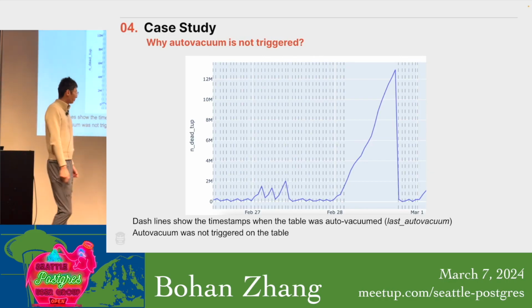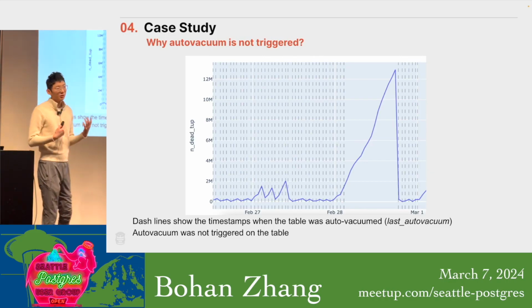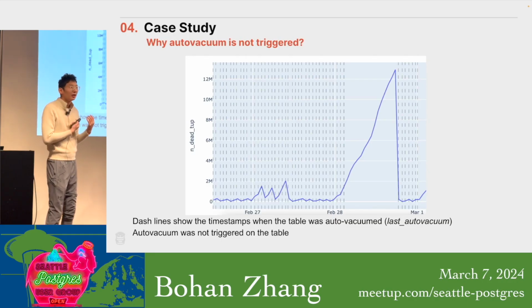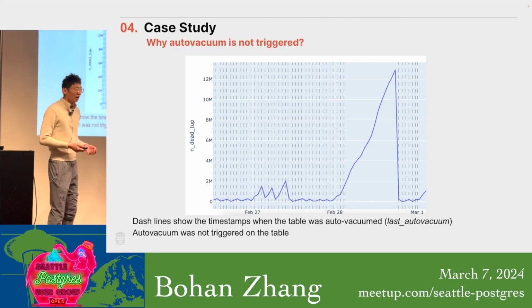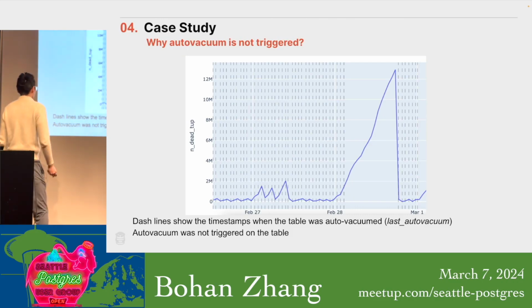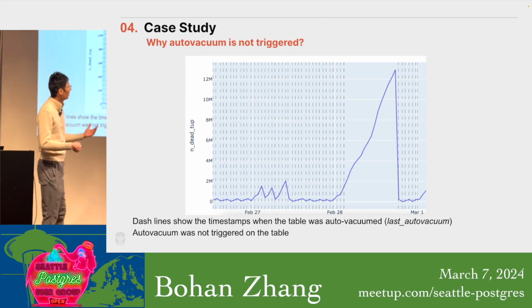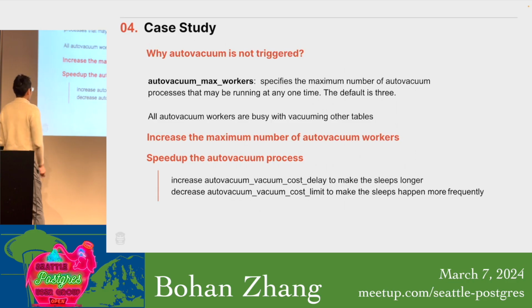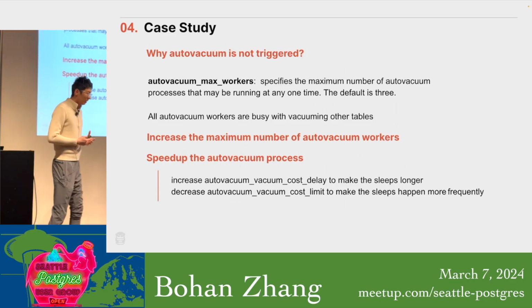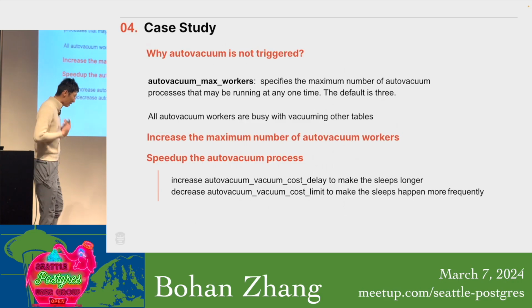Another example is that the dashed lines are still the timestamps when auto vacuum was executed. We can see the number of dead tuples increase. However, there's no auto vacuum running during this time range. So what happened here? Auto vacuum was not triggered on the table during this time range. So when looking into their table metrics and auto-vacuum metrics, they found that